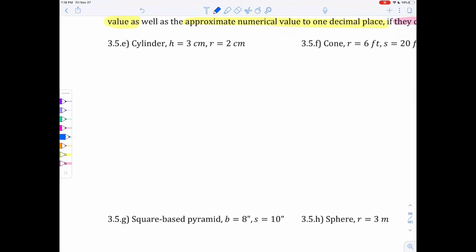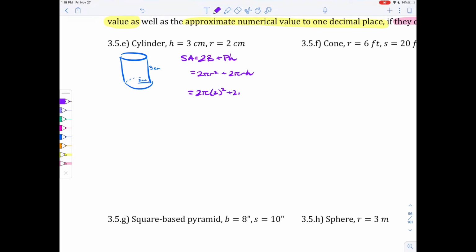For example, for a cylinder with a radius of 2 and a height of 3, we can find its surface area. Surface area is 2b plus ph, where b, the base, is pi r squared, and p, the perimeter or circumference in this case, is 2 pi r. So that's the same as what we had above. But now we can substitute in values we know, like r is 2,